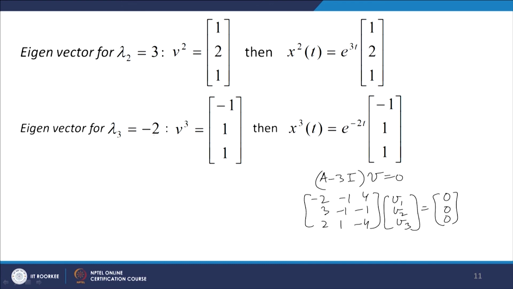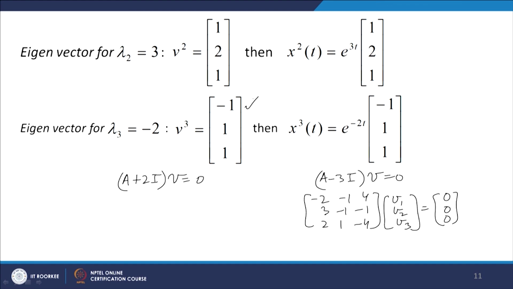And for lambda 3 equal to minus 2, similarly we need to solve the equation (A minus lambda I) b equal to 0, that is (A plus 2I) b equal to 0. So to the matrix A, we add 2 times the identity matrix, that means we add 2 to the diagonal elements of A, and then the matrix that we get will be A plus 2I. So (A plus 2I) b equal to 0 can be solved, and we get b3 equal to